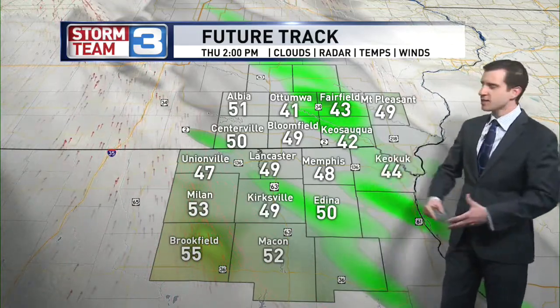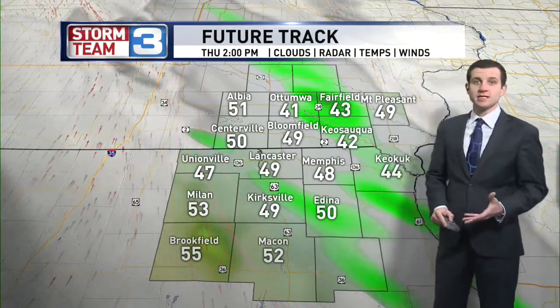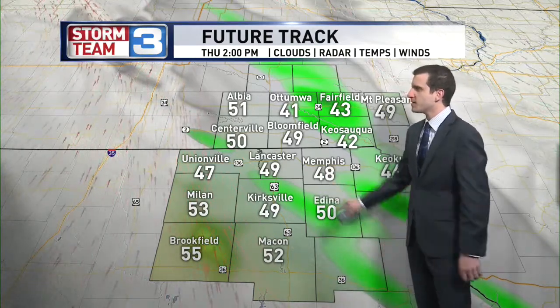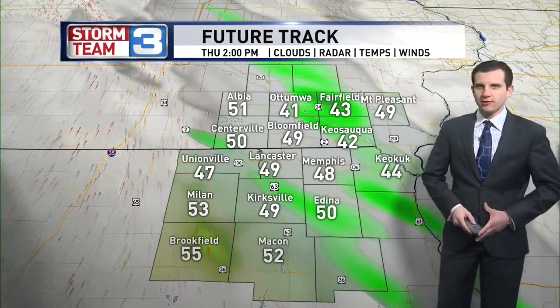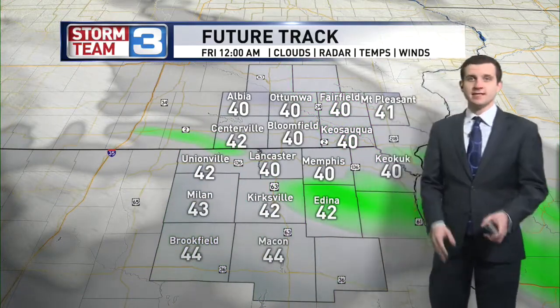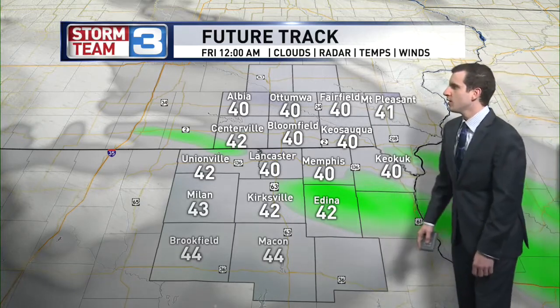It's still very scattered for us. A lot of these places won't even be looking for consistent rainfall. You'll just feel some on and off showers. Temperatures working their way in towards the upper 40s and low 50s. It is going to be slightly cooler in areas that see a lot of cloud cover during the day. That's going to shut off a lot of that daytime heating, and we're not going to be looking for a lot of our areas to get into the 50s, but most of us should be upper 40s to low 50s